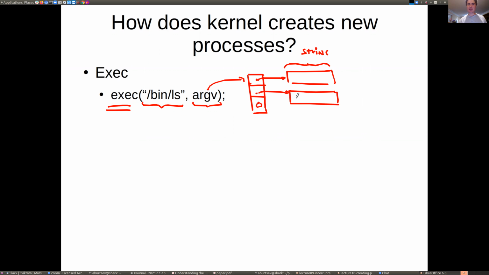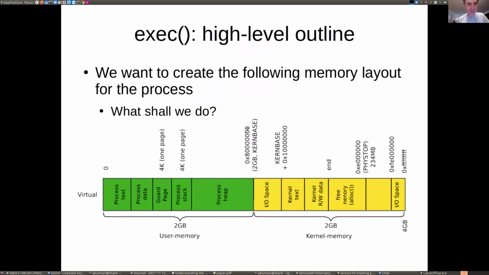And the last element of this array is actually 0. By convention, the first element is the name of the program itself, so it will be ls, right? Well, not newline, it has to be 0 here. And then whatever the other arguments are, maybe it's -l, will be the next element of the array, right? Agree with this? So, okay,